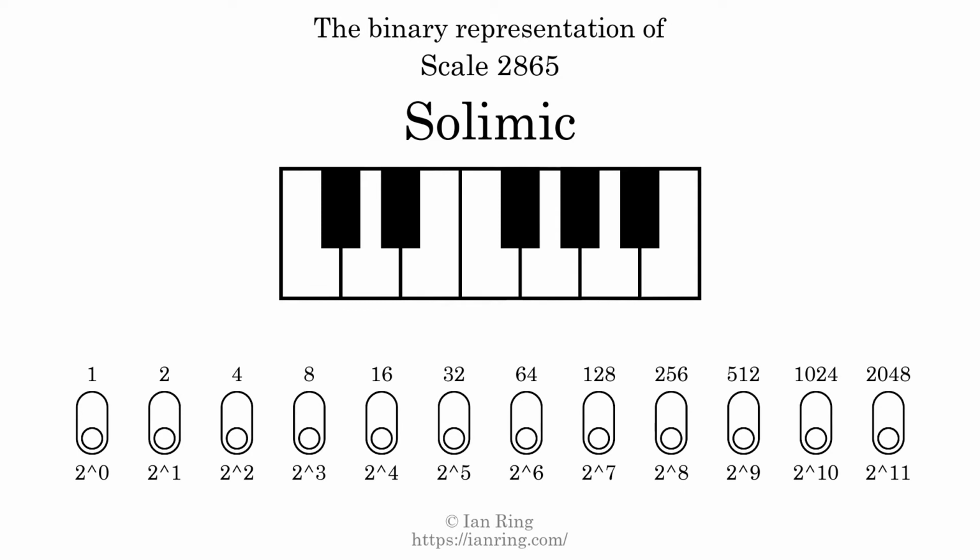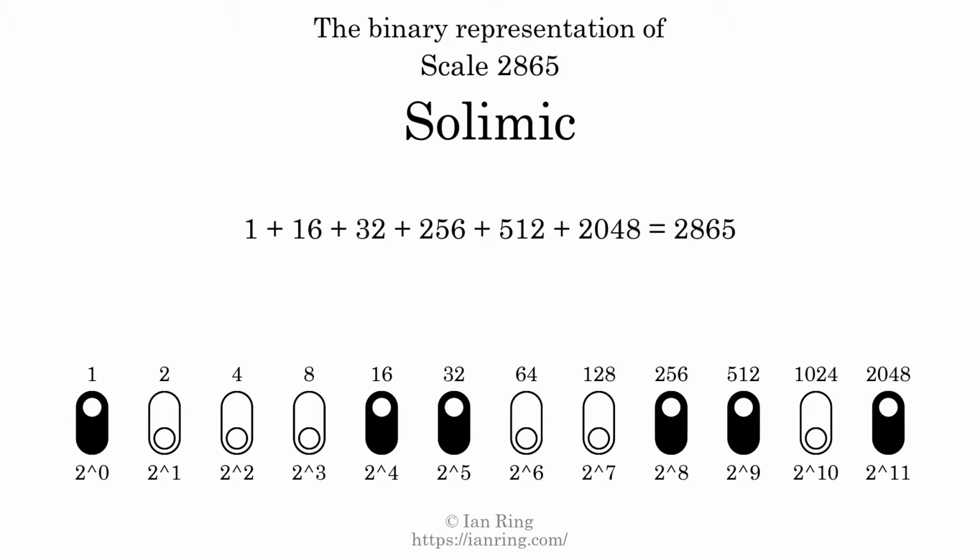The binary representation of this scale is determined by mapping tones of the scale to binary digits. Each binary digit represents a power of 2. To get the scale number, we add the powers of 2 together. The powers of 2 that are present in the scale, all added together, equals 2865. That is why the scale number, in decimal, is 2865. The scale number not only enumerates the scale with a unique index, but it also literally describes the tonal content of the scale. Represented as a binary number in base 2, the scale number is